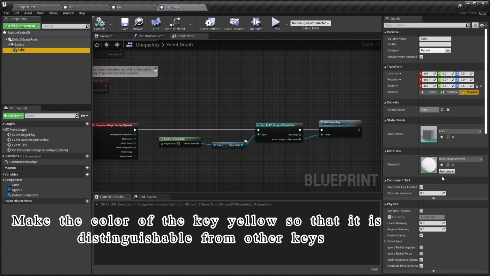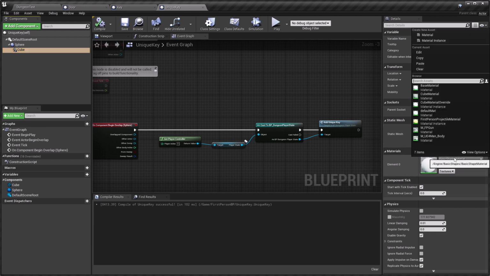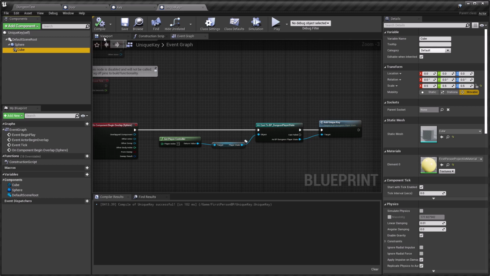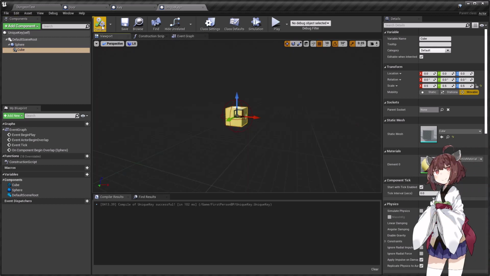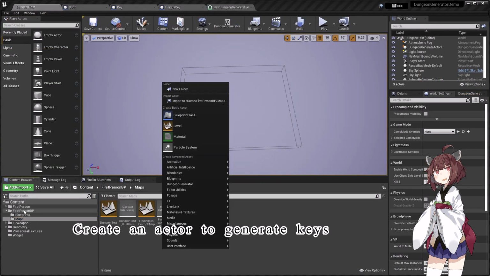Make the color of the key yellow so that it is distinguishable from other keys. Create an actor to generate keys.